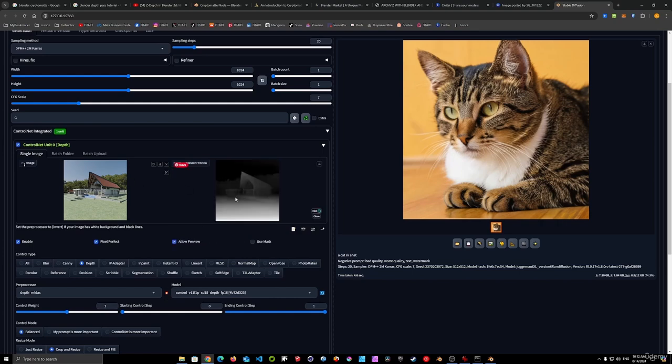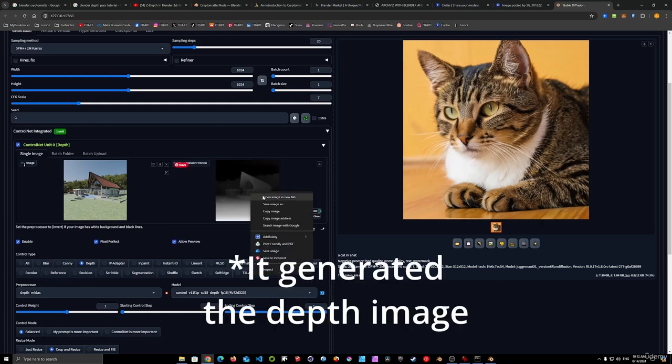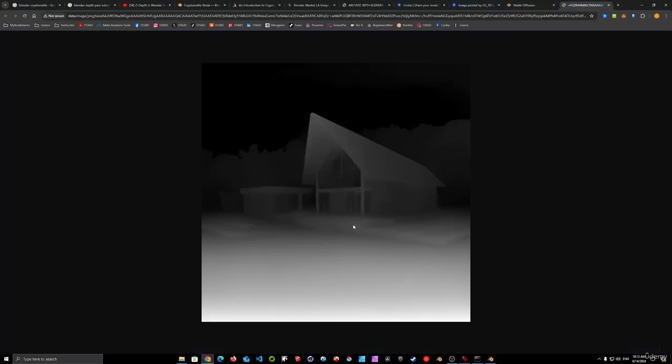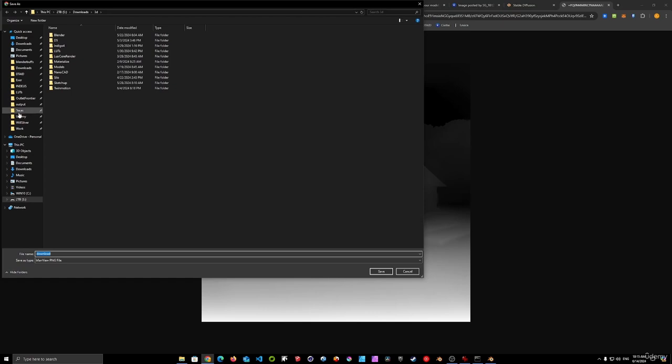And here you can see it generated a black and white image. So right click, open a new tab. And it has done a very good job. It's not going to be as precise as a depth map generated directly from your 3D software like Blender or Max or Maya. So right click on the image and click on Save Image As and go to your course